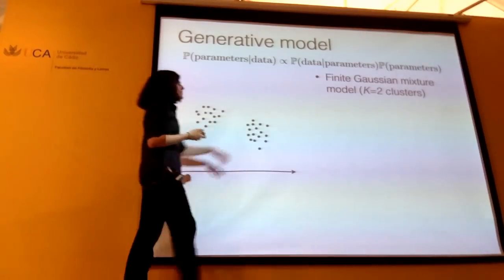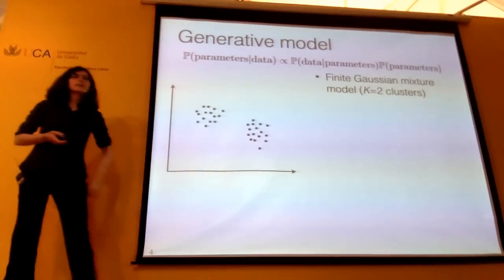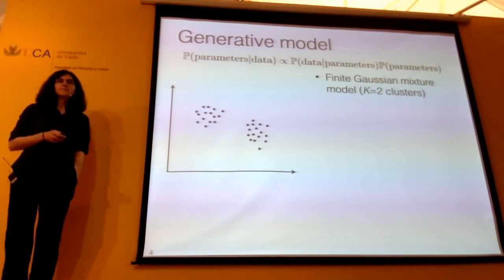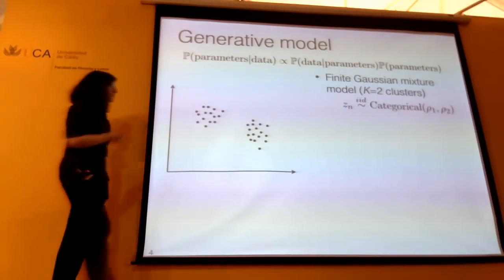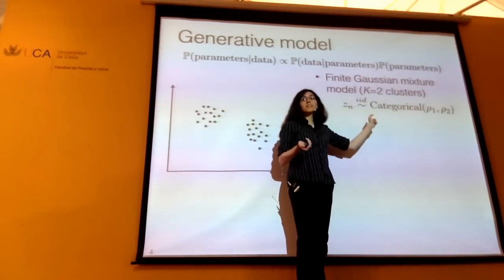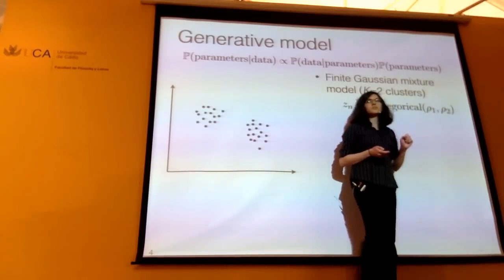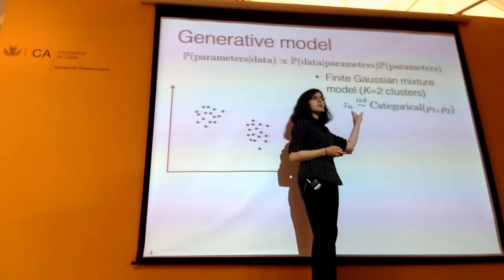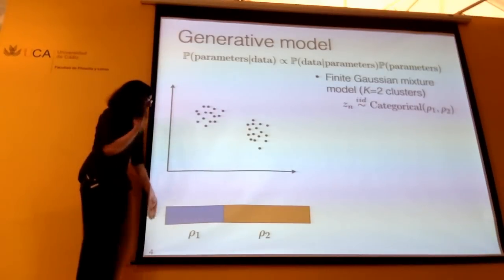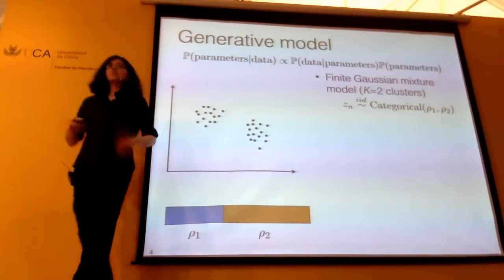And again, what we want to do is build up a likelihood, build up a prior, and then at least theoretically, Bayes' theorem would tell us immediately how to get a posterior that expresses our knowledge about the unknown parameters after we've done it. Okay, so let's build up our likelihood first. Our likelihood will say, okay, each data point belongs to one or the other cluster. There's some probability rho 1 that it belongs to cluster 1, some probability rho 2 that it belongs to cluster 2, and this will be the indicator of which cluster the data point belongs to, so it's 1 with probability rho 1, and 2 with probability rho 2. So maybe this will be the 0 to 1 interval, rho 1 will be some fraction of that, rho 2 will be the remaining fraction, and they add up to 1.